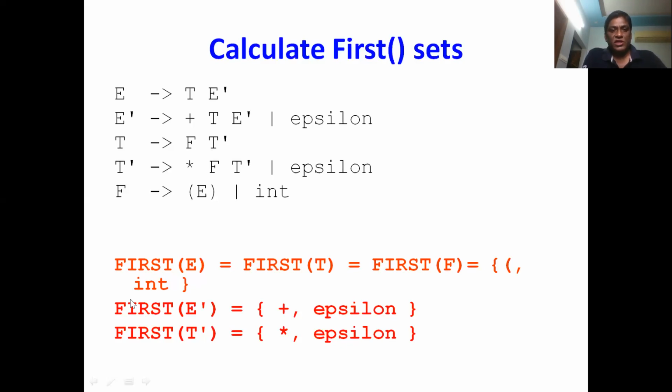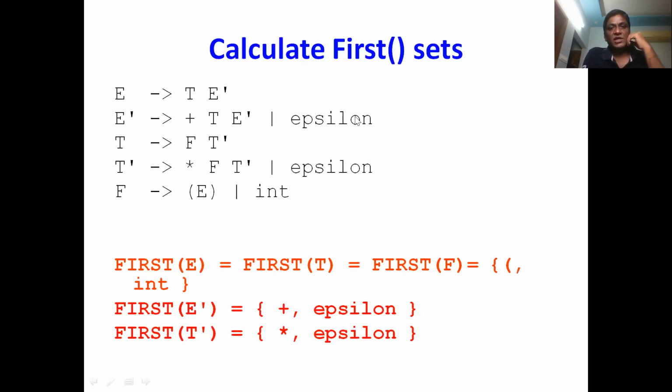Okay, let us move on to the remaining things. So first of E dash. For calculating first of E dash, you have to look at the first terminals on RHS. What is the first terminal here? Epsilon. So you will take that epsilon. Epsilon plus. The first terminal is plus. So you will take that plus here. And also there is epsilon. So first of E dash directly contains epsilon. So you include that epsilon over here. Okay. So calculation of first of E dash is very simple.